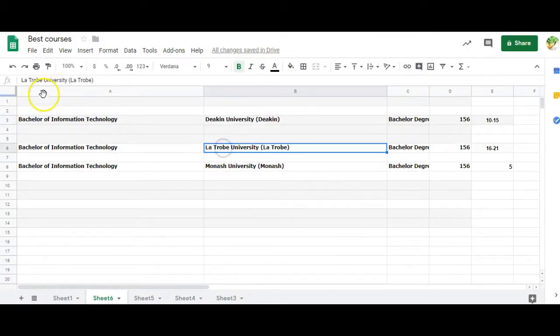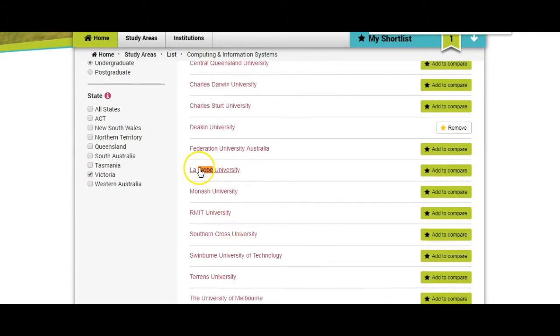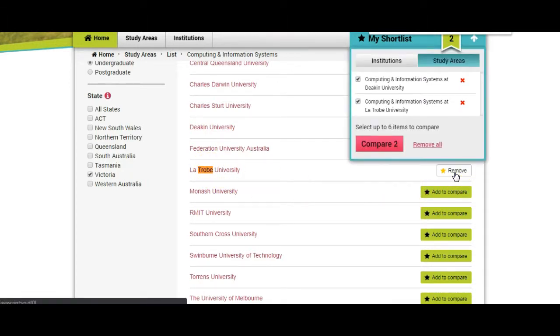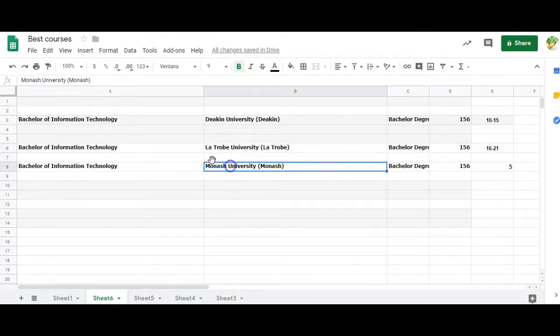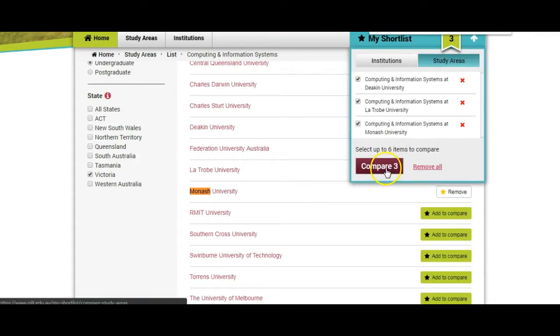And then next one is La Trobe, so I'll copy part of the name, Control C. Back here, Control F for a finder on the web, on the browser, Control V, paste it in, and then it highlights La Trobe for you here. You can do this manually if you like, but I find it easier. Now we have 2 to compare. Let's get the last one, which is Monash. Control C to copy, switch back, Control F, Control V, and it highlighted Monash for me. Add to compare, and now we have 3. So we can click on that,